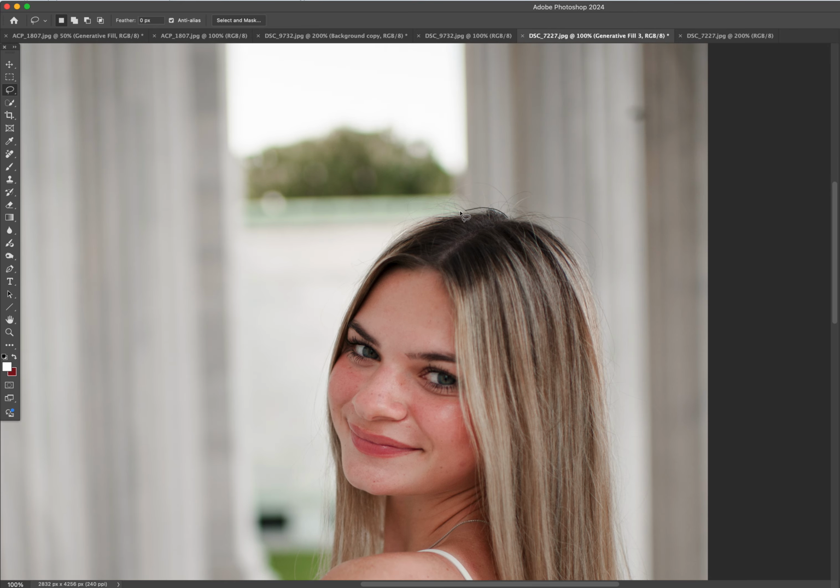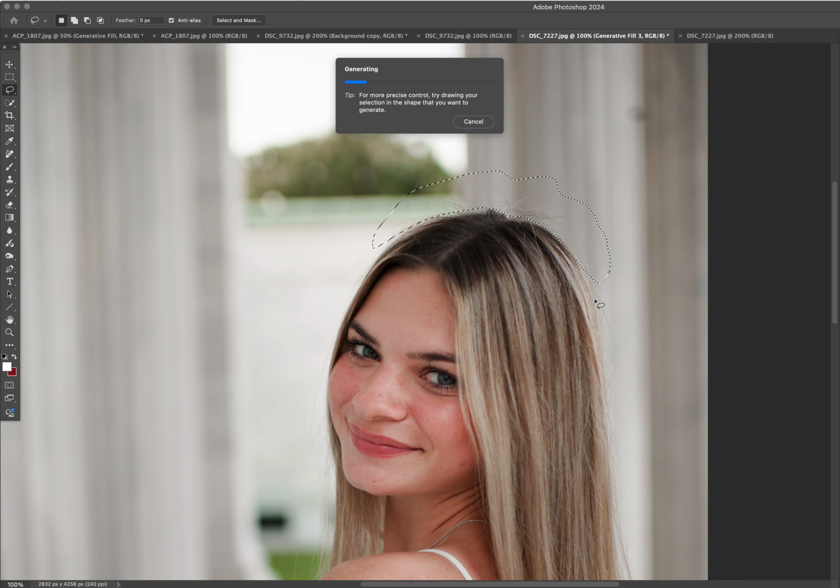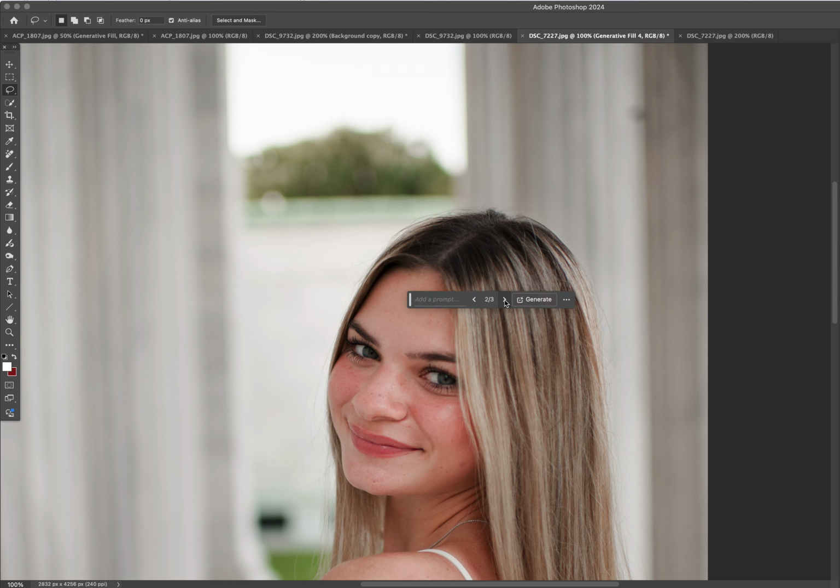Her highlights. First thing I want to do is get rid of the little flyaways up here. So again, selecting outside that area, no prompt. And those flyaways are gone. You can see it does change the background a little bit as you go through the options. So I'm actually going to stick with number 1. And then for her highlights,